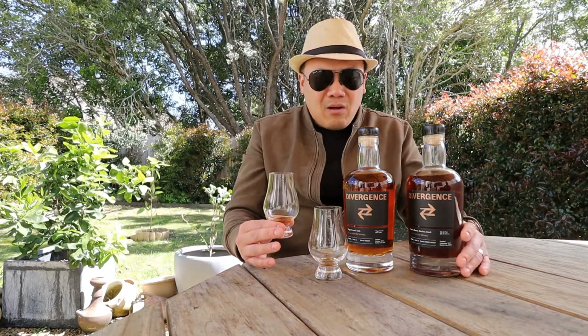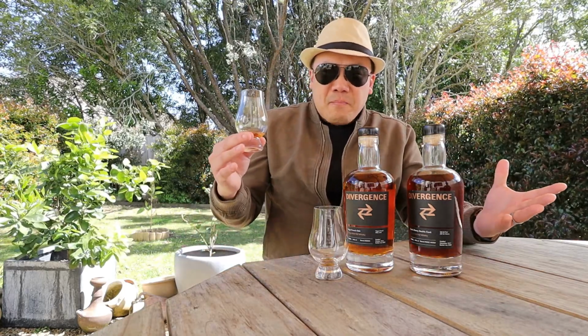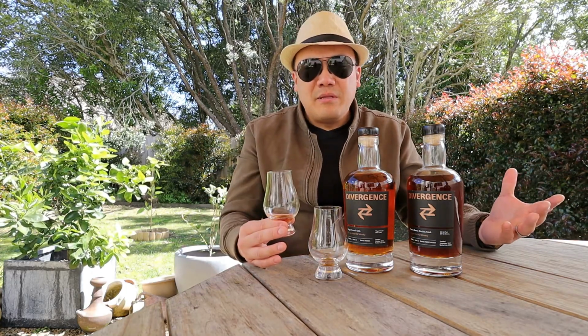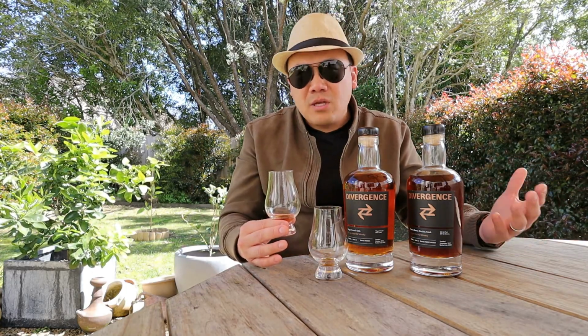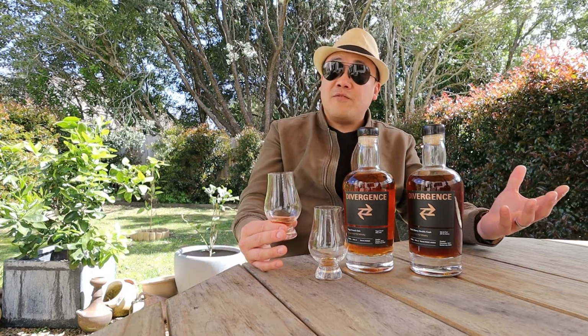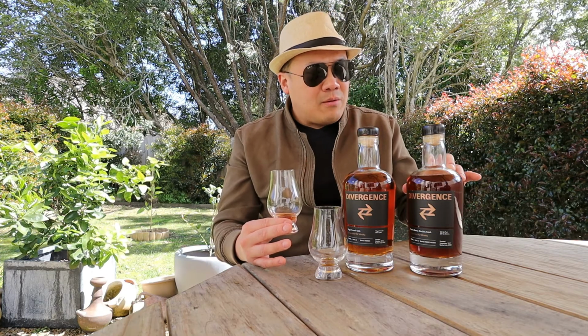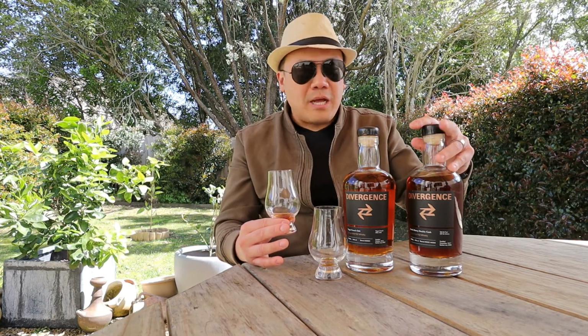But I've had a lot of craft whiskies in New Zealand and just craft whiskies in general, and some of them are just like, okay, you know what? It's okay, but it'll be good maybe in another few years' time. This one, it's good now. It's good now. And what I'm excited about is after talking to the distiller,